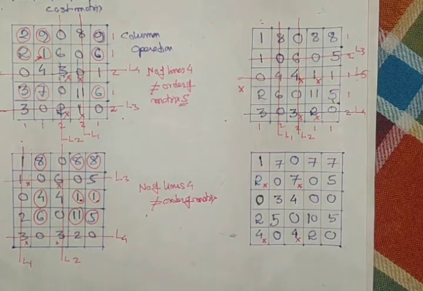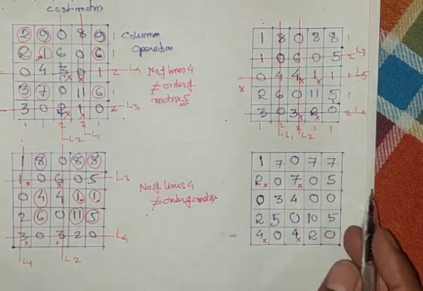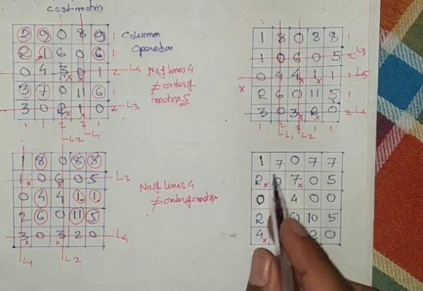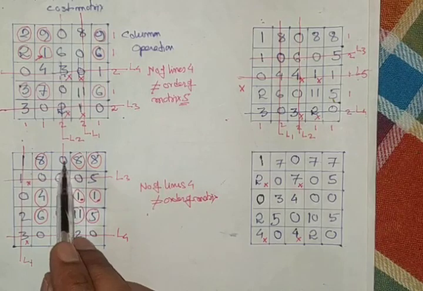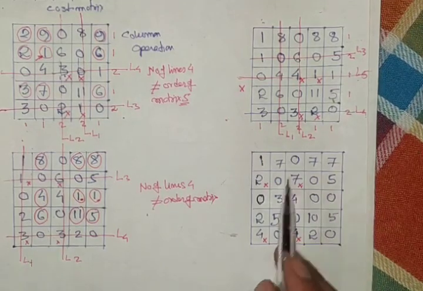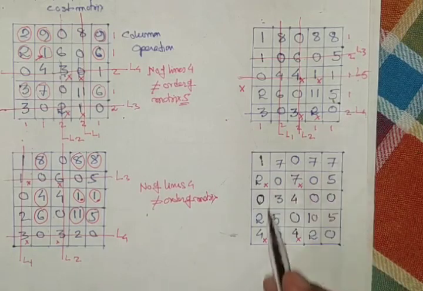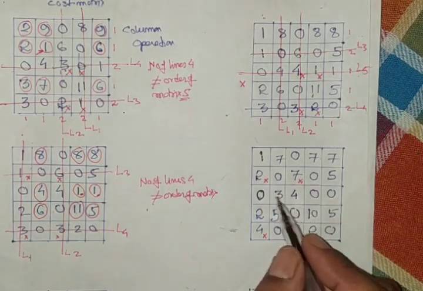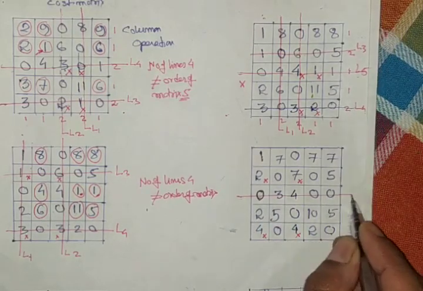So after that you have to draw lines in such a way that it is the minimum number of lines to cover all the zeros. So if you observe from this table and that table, the number of zeros here is 1, 2, 3, 4, 5, 6, 7. Look at here, 1, 2, 3, 4, 5, 6, 7, 8. So our intention is to increase the number of zeros. So if I draw lines here, there are 3 zeros, so I draw one line here. This is line number 1.